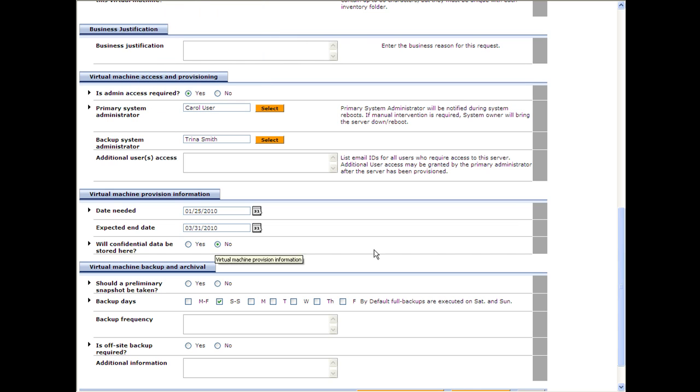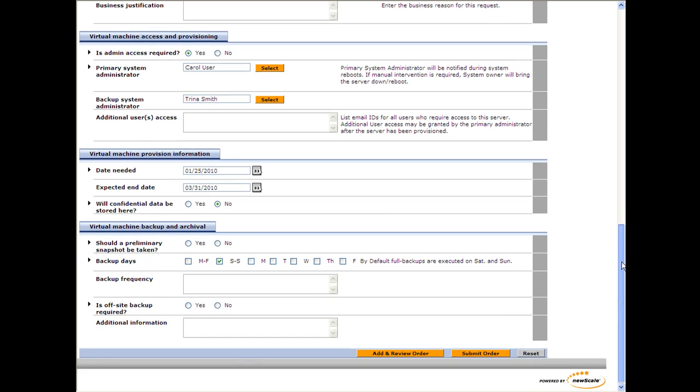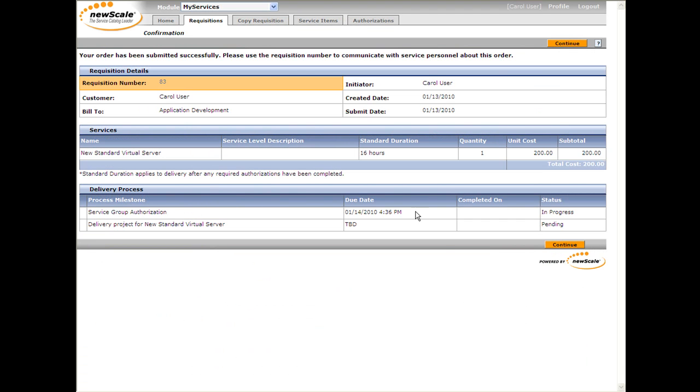Now we don't think we're going to have any confidential data there, and we would like a preliminary snapshot, and we're going to say weekly, and we don't need anything like that. And we'll just add a little note here that says, I'll install the database. No problem. So we can go ahead and submit this order, and we can see here that this is a summary of our order. We have a requisition number, we have the initiator, we have the department that could be billed to in the case of chargeback,